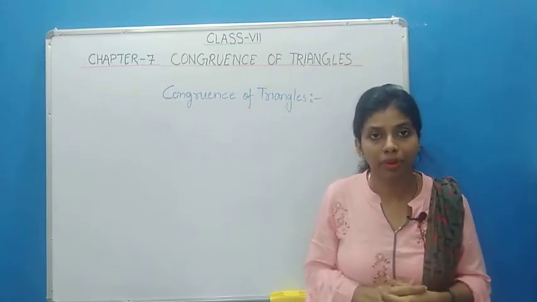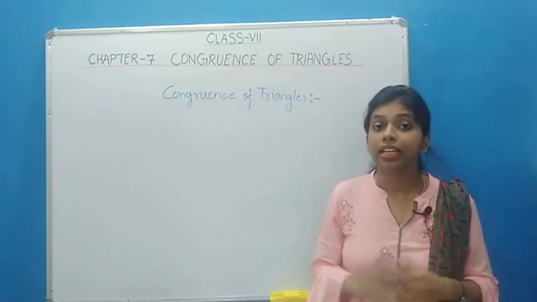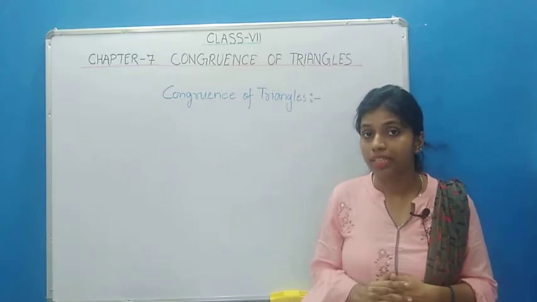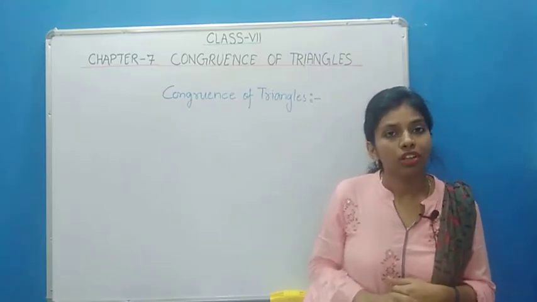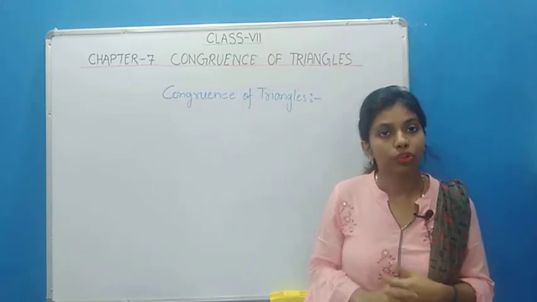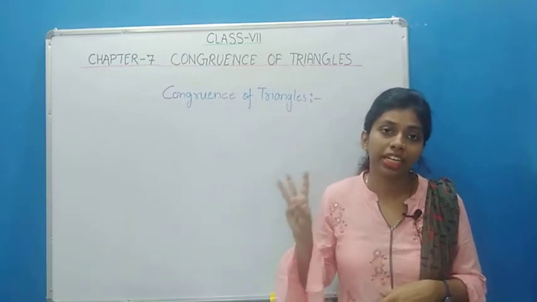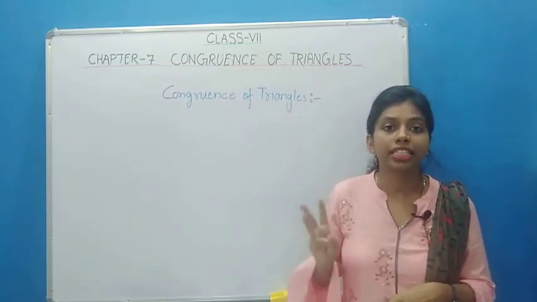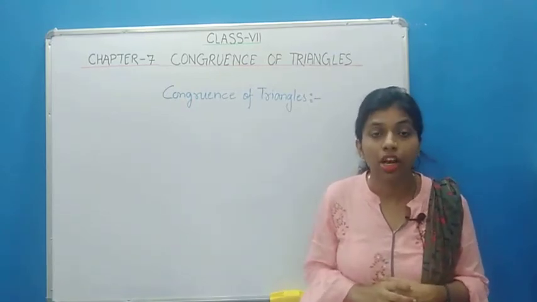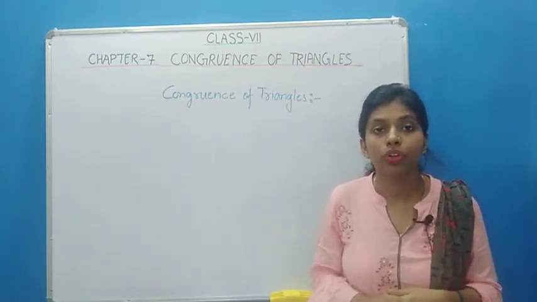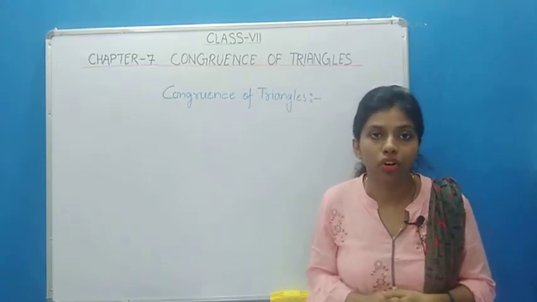Similarly, by the same property, the two triangles must have the same shape, and second, all the measurements must be the same. So what are the measurements in a triangle? We know that in a triangle there are 6 measurements, 3 angles and 3 sides, so we have to check 6 measurements in our triangle. So let's first discuss how we know that two triangles have the same shape or not.